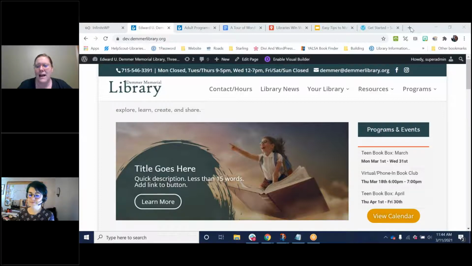Don't feel like you have to tackle every single page every single day, but set aside some specific time segments each month to look at your website. You don't have to do it all at once. It doesn't have to take you hours and hours. Just pick one thing every once in a while.